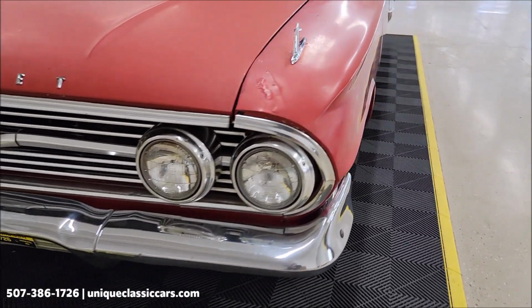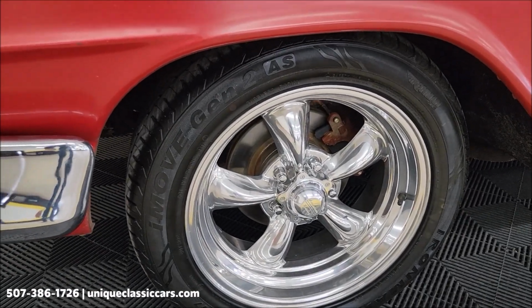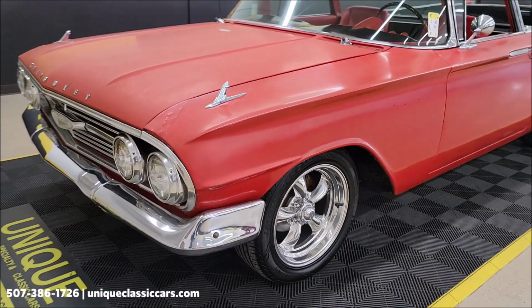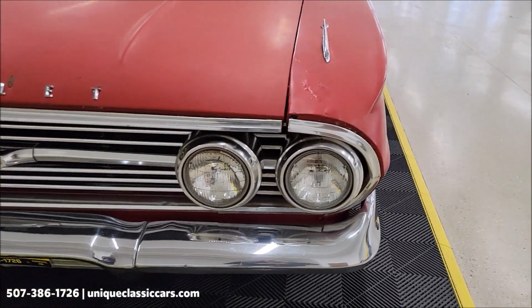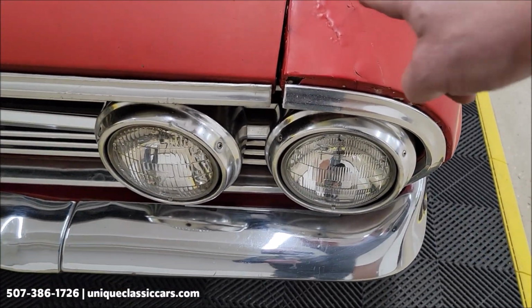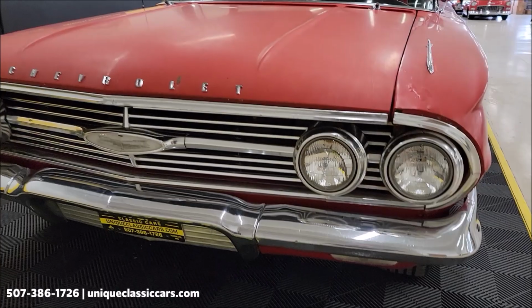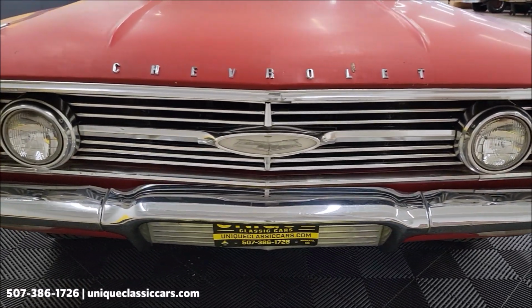Also has power brakes, and if you take a look up front here, we do see we have front disc brakes, riding on American Racing polished 5-spoke wheels. Let's go ahead and take a look at this front chrome and bright work. Now, as you can see, paint and body are not perfect on this car. I'm going to get into that here in just a bit. First of all, let's take a look at this grille, bumper, headlight surrounds,